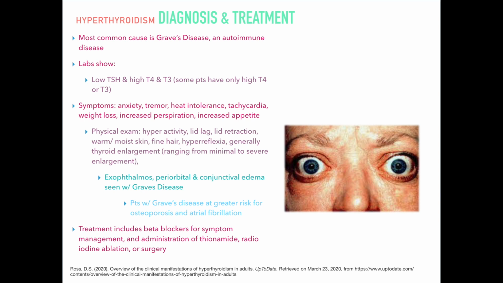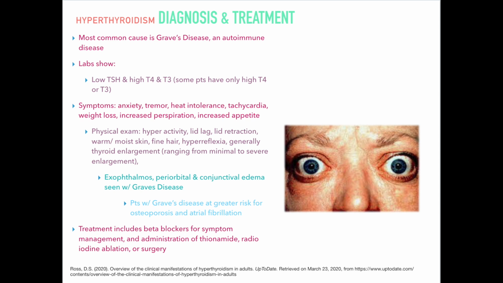The most common cause for hyperthyroidism is going to be Graves' disease, and this is actually an autoimmune disease. And labs that will indicate hyperthyroidism include a low TSH and a high T4 and T3. Symptoms of hyperthyroidism include anxiety, tremor, heat intolerance, tachycardia, weight loss, increased perspiration, and increased appetite. On physical exam, we might note that the patient is hyperactive, has lid lag, lid retraction, warm, moist skin, fine